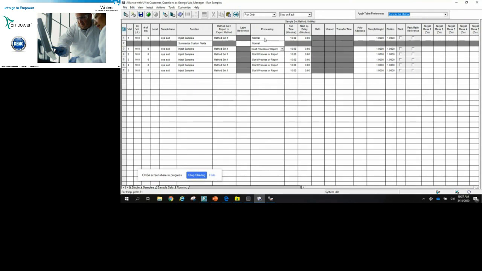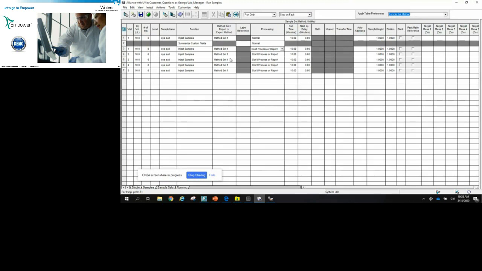So what happens in this case is, because I'm in the run-only mode and I have this new system policy selected, when Empower generates the results for the system suitability sample and they pass, it doesn't save those results. Once the sample set is complete, you go back and process the sample set, and you have one result set. The issue with doing it in the run and process mode was you generate 2 sets of results.